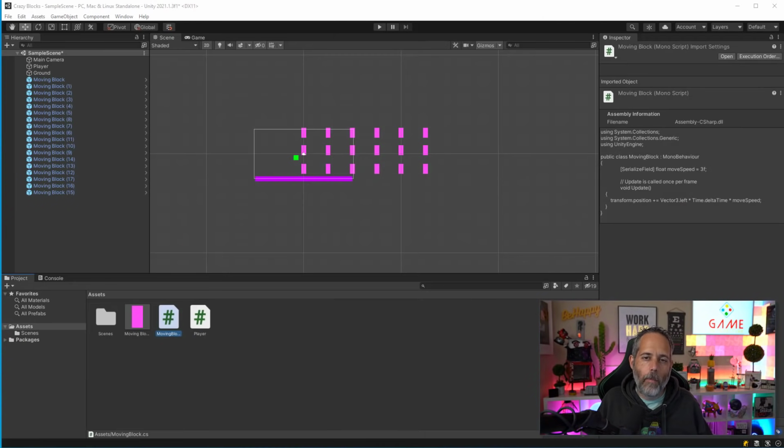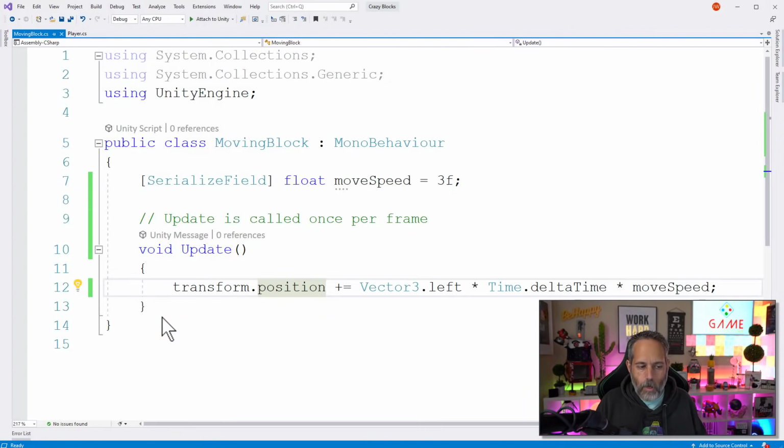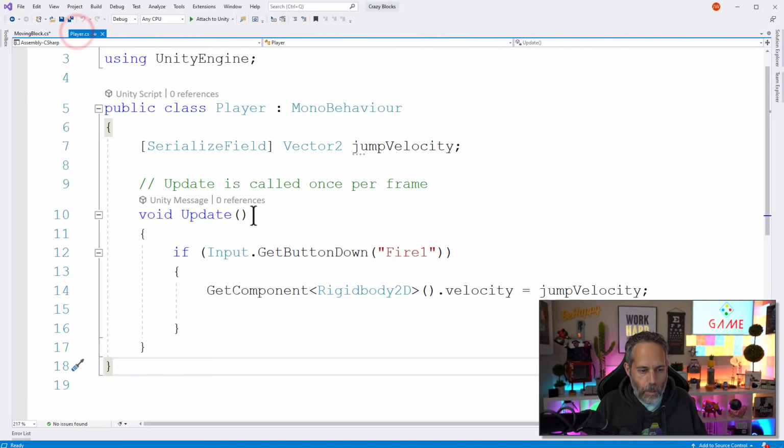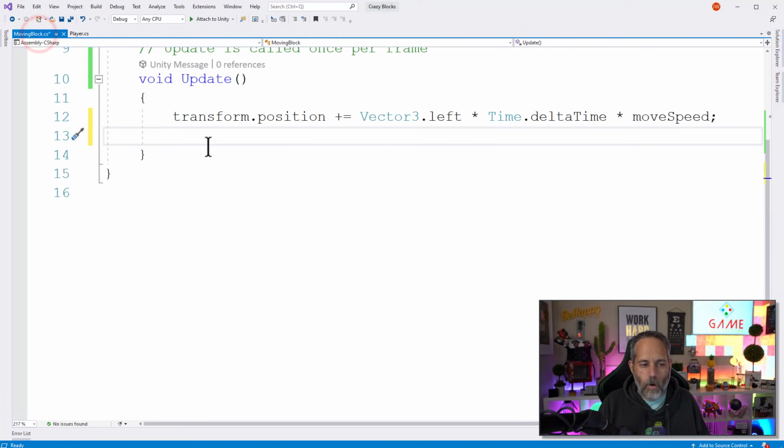To make our moving blocks reusable and resettable, we're going to make a change to our moving block code. So we'll open up the moving block script, and right below line 12, we're going to add another if statement. An if statement kind of like we did in our player script here. Instead of reading the input though, we're going to look at the position of our object. We'll say if